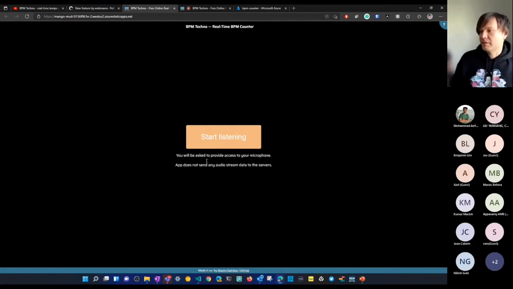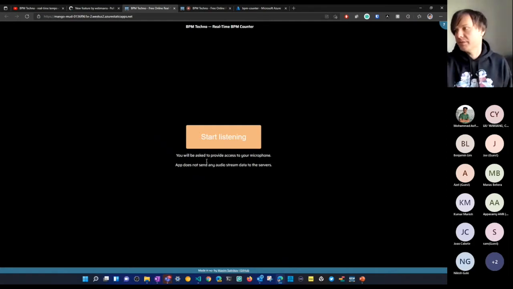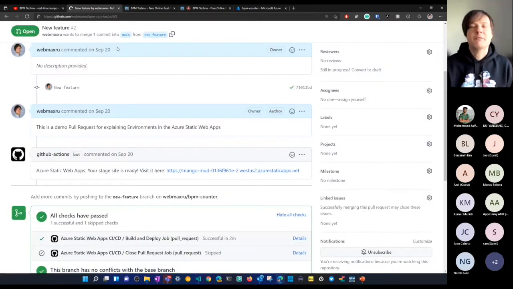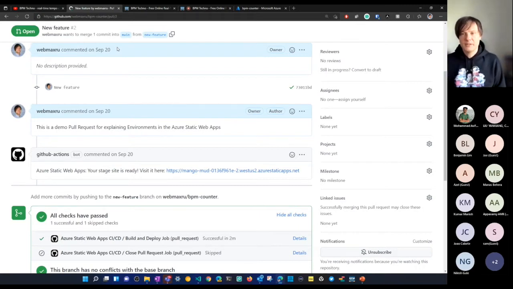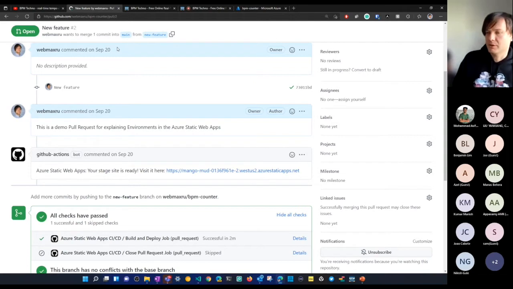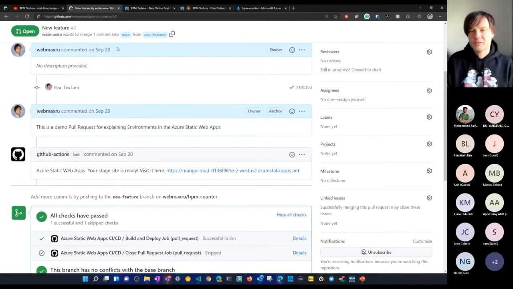I'm not sure that I want to have that new feature in production, but I will decide it later. Now I just have it, and this new address and this new flow was created completely automatically, completely under the hood. The only thing I've done is create a new branch and push it to the repo.